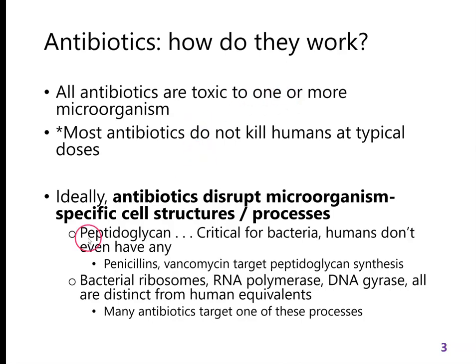The perfect example is peptidoglycan. We don't have any. So you can disrupt peptidoglycan all you want in your own body without damaging your own cells. Another good example is bacterial ribosomes. Bacteria are very distantly related to us. We haven't shared a common ancestor with them for more than 1 billion years, and so everything inside them has been evolving randomly during that whole time. So their ribosomes are different from us, and that means we can find drugs that stop bacterial ribosomes from working, and those same drugs don't always stop our own ribosomes from working.